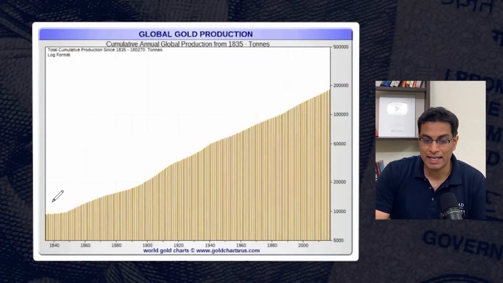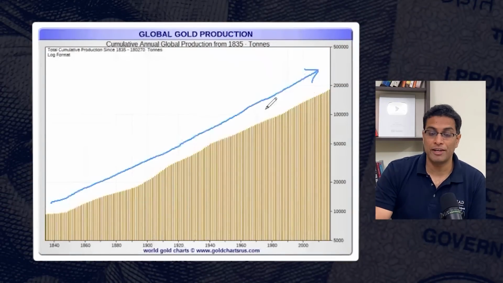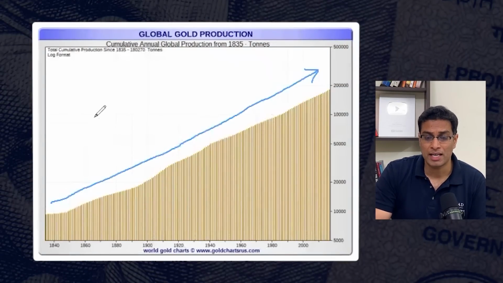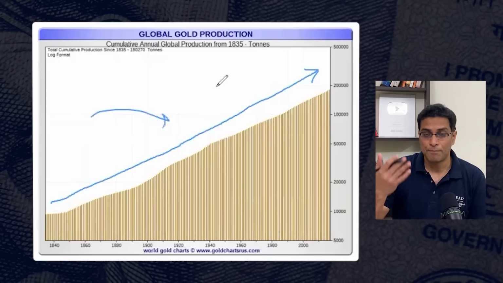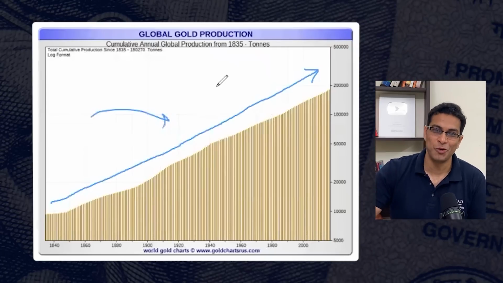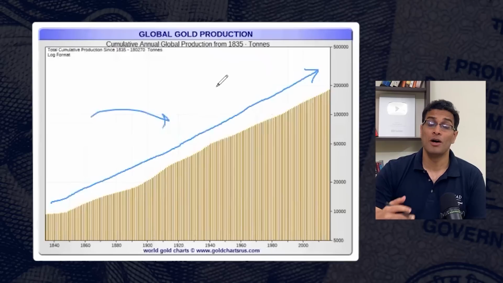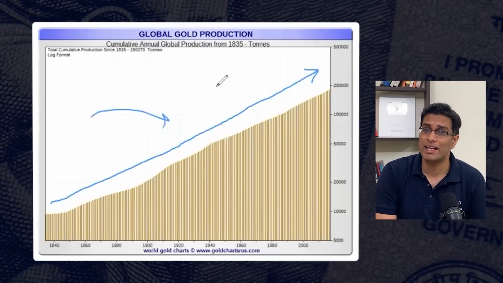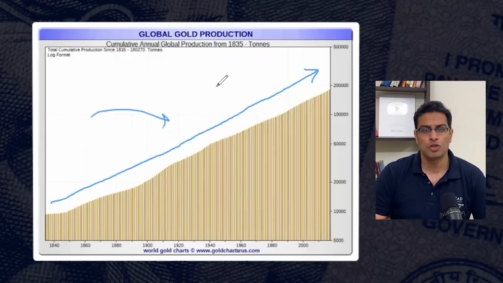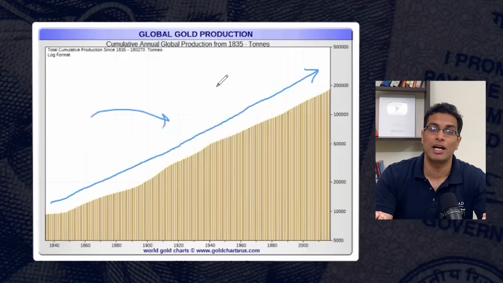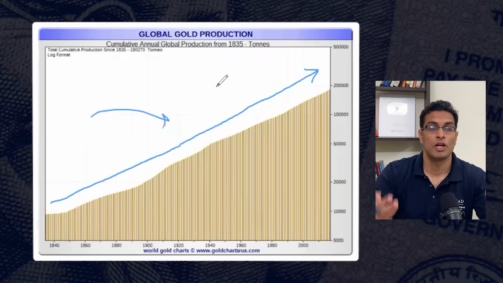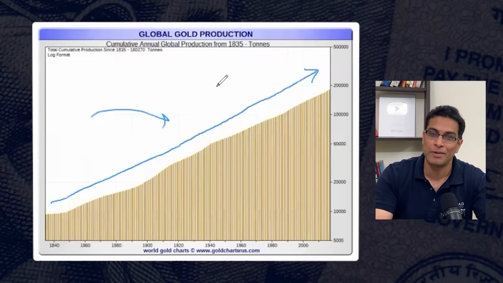For example, here is the entire supply of gold, and I'm showing you roughly 200-odd years of data, and you can see how smooth this gradient is. This shows the rate at which the supply of gold is rising, and it roughly rises by 2 to 3% on average per year. Why is that the case? Because gold is very difficult to mine and process. So there is only a certain rate at which that gold can be mined and processed. Therefore, the supply of gold is very limited to begin with.